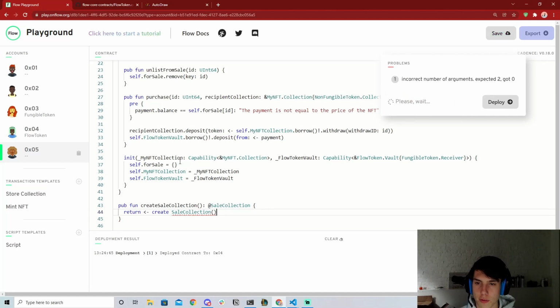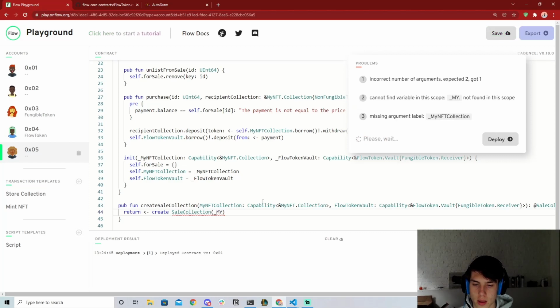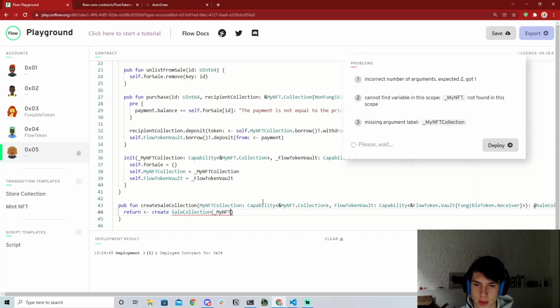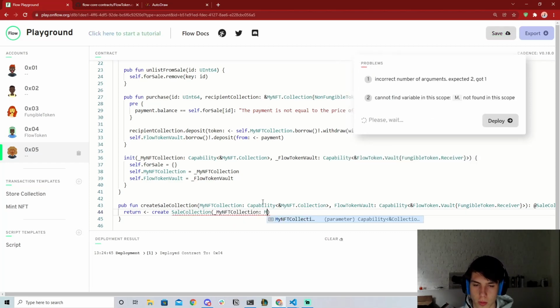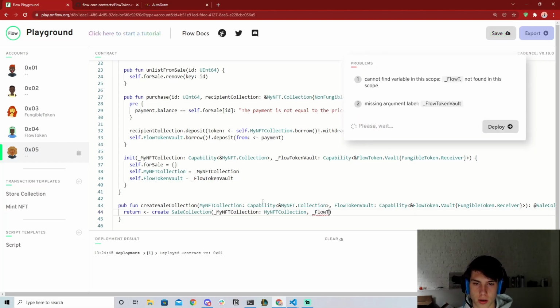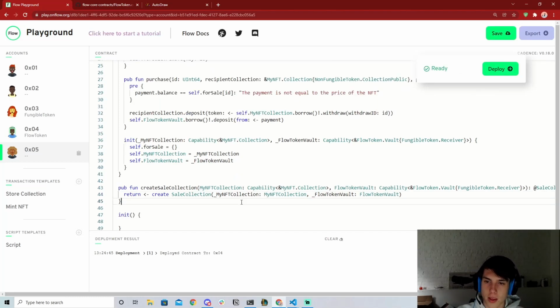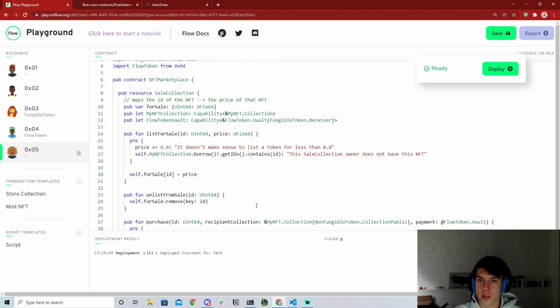But once again, we have to forward these initialized things through. So let's just go ahead and copy these. Let's delete these underscores, and we're going to pass those through. So my NFT collection is what we're passing in, and flow token vault is flow token vault, like so. And then once we do this, we are done. So this is the entirety of the